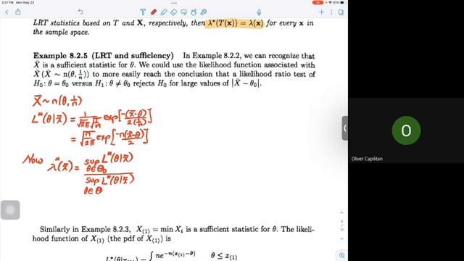Kasi we have a simple null here. Take note, we have a simple null. So yung null hypothesis natin na big theta sub 0, it contains only theta sub 0. Isa lang naman. So this will just be equal to the likelihood of theta sub 0 given our sufficient statistic